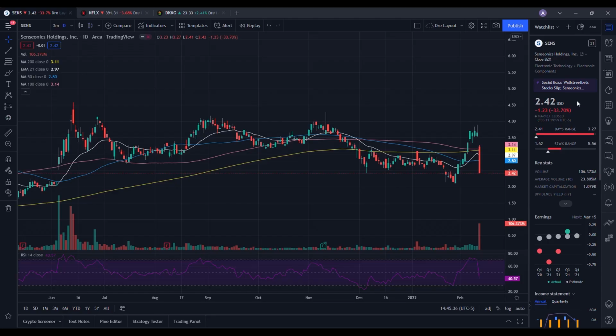So we're going to do a technical analysis for Senseonics. Let's see how it performed on Friday. So it ended up closing at $2.42, being down 33.70%. On the low, it tested $2.41, and then on the high, testing